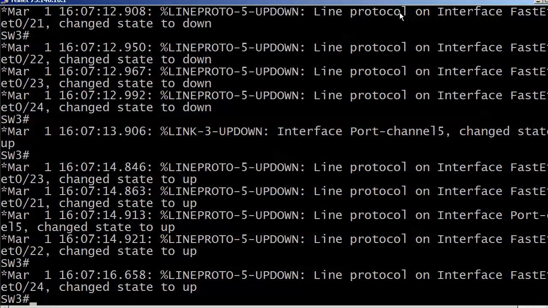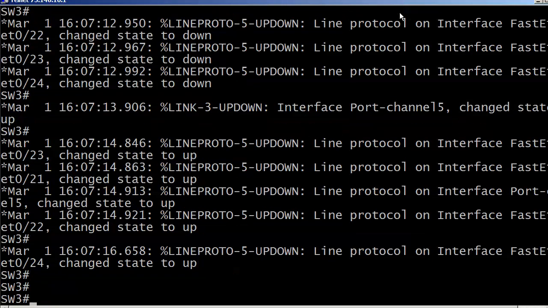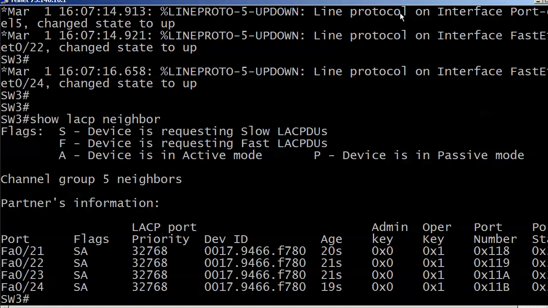I just want to make sure all the messages are done. You know, as soon as I start typing, one will come up. Show LACP neighbor. You can see the information is different, and as far as the things go about admin key, operator key, port number,